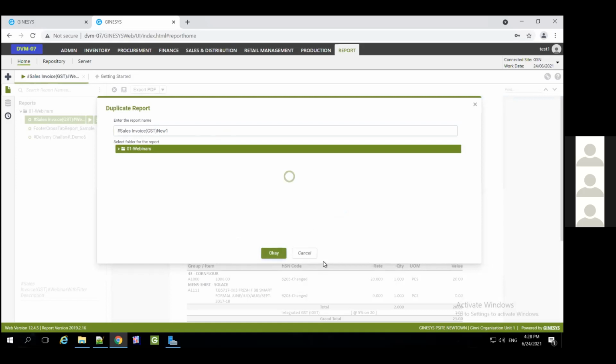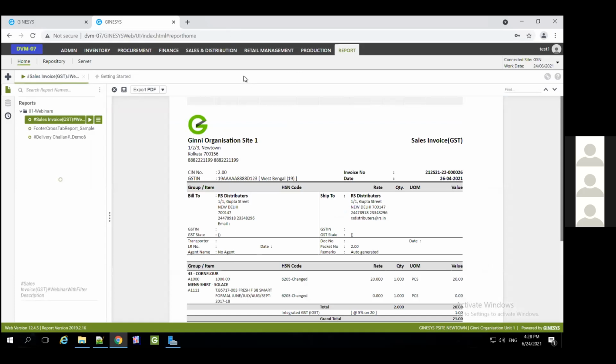Right? So I am able to do that. Now, if you want to restrict that, if you don't want the user to create their own reports or make changes to this, then what will happen is that in this particular webinar folder, a new report will be there. So all users, test 1, there could be test 2, test 3, all users who have access to this particular webinars folder will see a new report, this new one, in their folder as well.